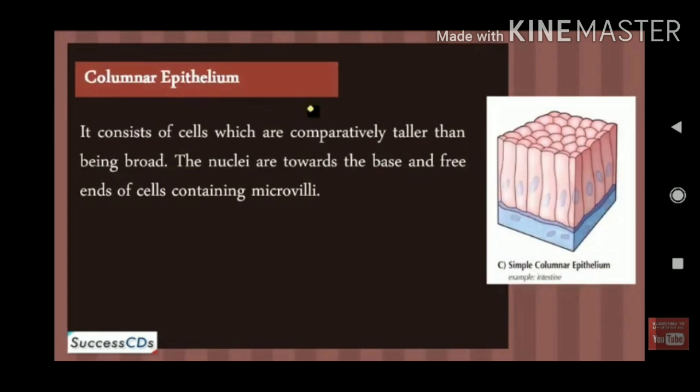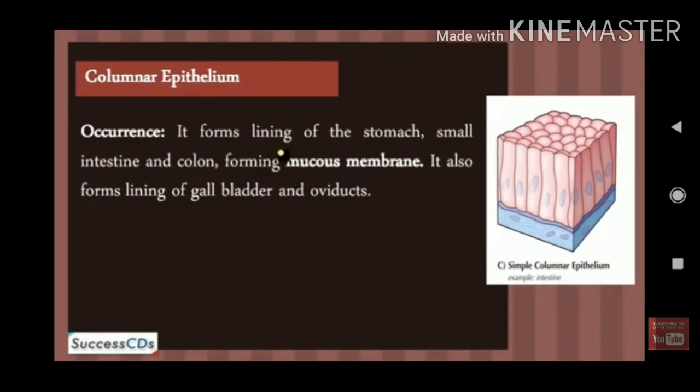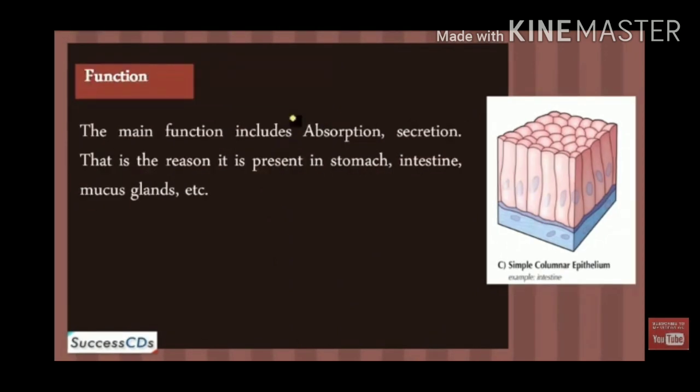Next, we will discuss the columnar epithelial tissue. From the name, you can understand the shape of the tissue. Yes, it's column-like. Very good. So it is a pillar-like structure or rectangular in shape. In columnar epithelial tissue, the nucleus is present near the basement membrane. Examples of this columnar epithelial tissue are the digestive tract, the stomach, and the intestine lining. All these are lined by columnar epithelial tissue.